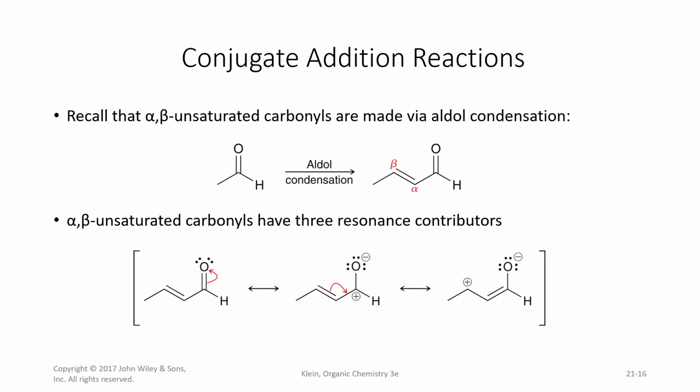And what I want you to recognize here is that alpha, beta, unsaturated carbonyls have 3 resonance contributors. So if we look at this, remember that you have the enol here. So we have this carbon, which can be electrophilic. And so now this is one resonance structure here where the electron density is mostly on this oxygen. So if you look at this 3 pi system here, this is very similar to an allyl cation or an allyl radical. So therefore here, this pair of electrons can go in between these 2 carbons, and now we have